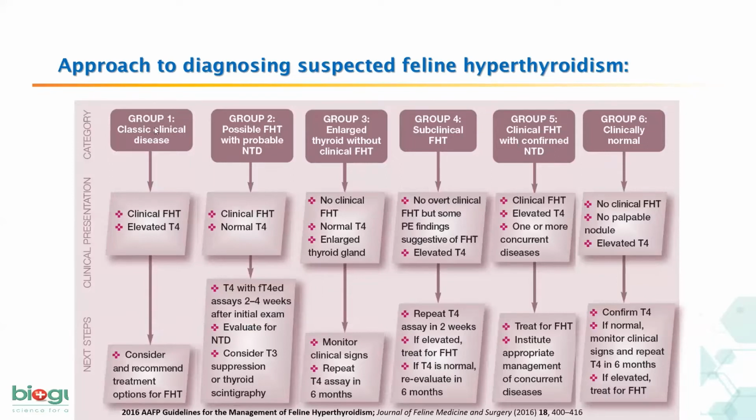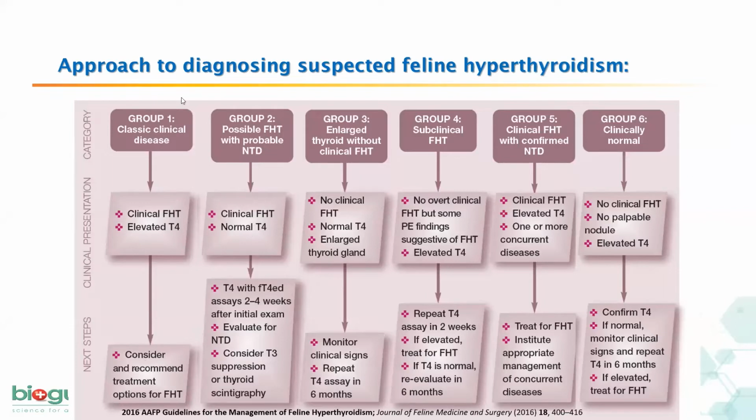So you can see in group one, which is a classical case, there are clinical signs of hyperthyroidism and also elevated T4 levels. Of course, this is a very clear-cut case of hyperthyroidism where it is recommended to start the treatment as soon as possible. However, in group two, there is a possibility of hyperthyroidism,